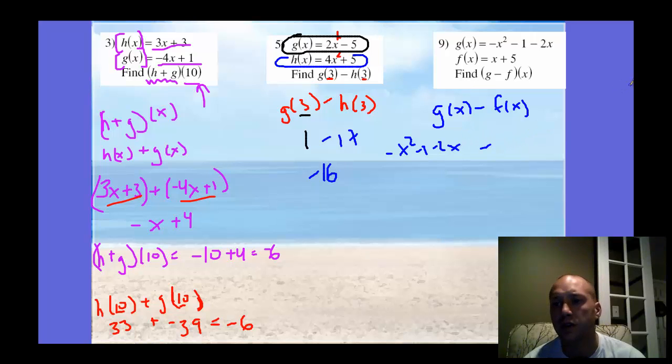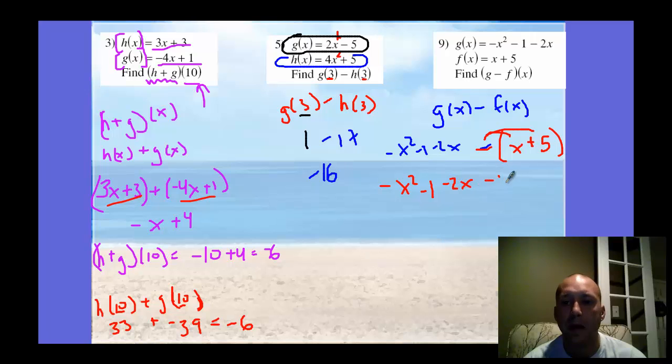Now be careful when we write this. We are subtracting all of f of x, so you have to show parentheses around this f of x. You have to include the parentheses here because this negative goes to both those terms. So this is going to be negative x squared minus 1 minus 2x minus (x